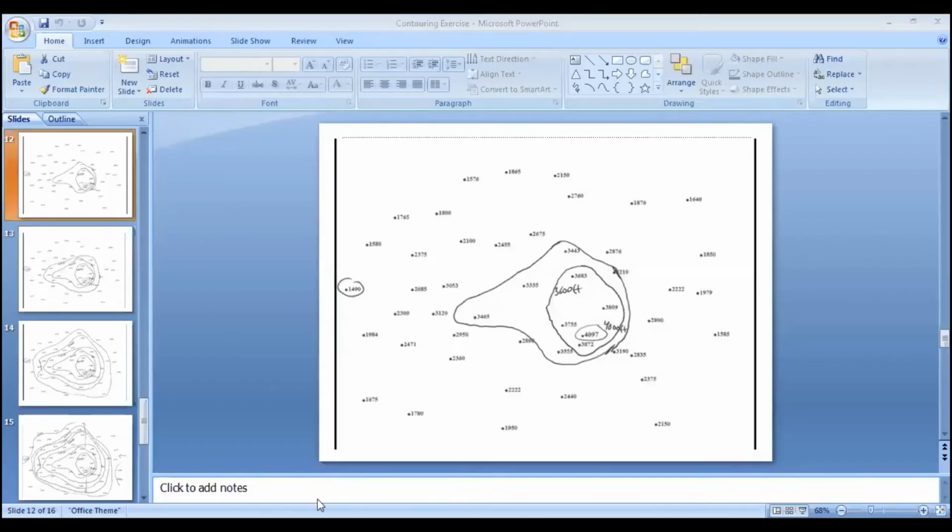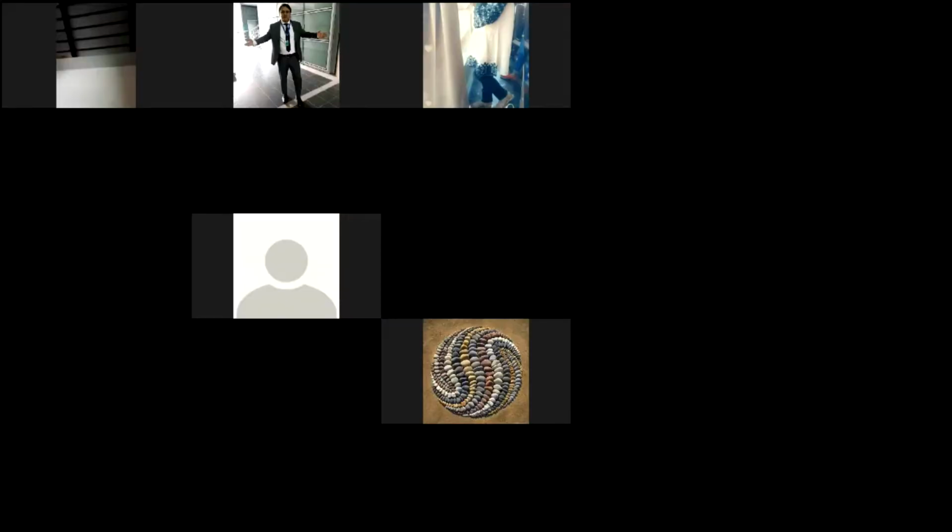So you have to make a smaller contour for 4000, and then the next contour will be you minus 400 from the next. Okay, so next will be